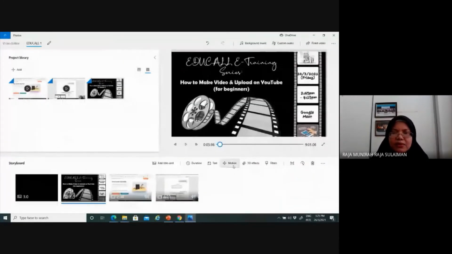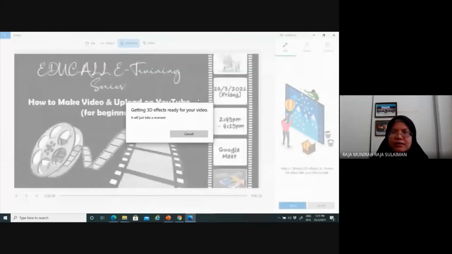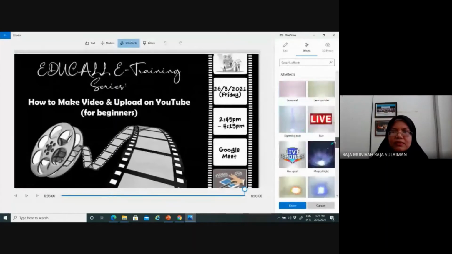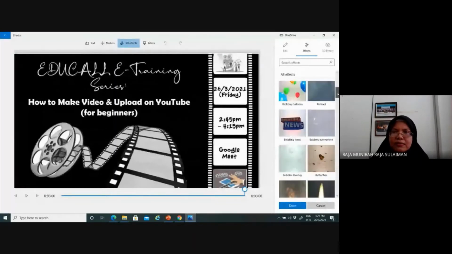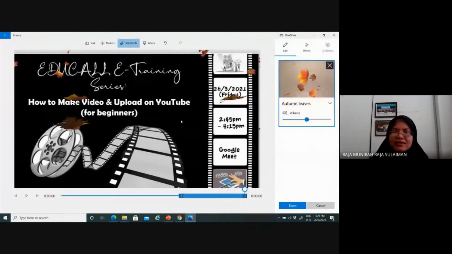For example, you want to put some 3D effect. Okay, again, it's not too much. Okay, but you can choose whatever suitable for you. For example, I will choose autumn leaf. It's not really suitable, but it's okay just to show. And there is actually a volume, a sound for the leaf. If you want,